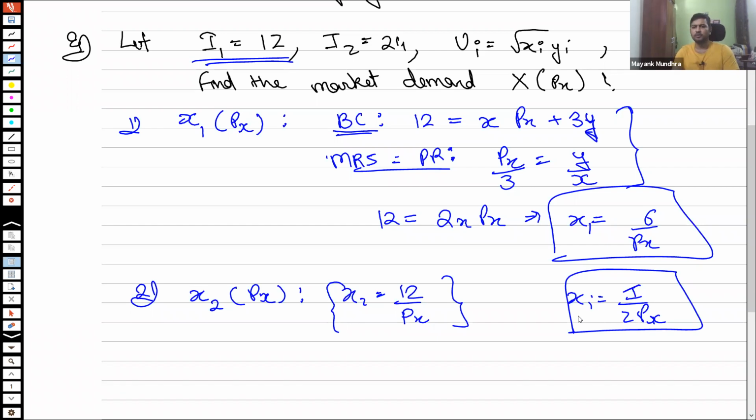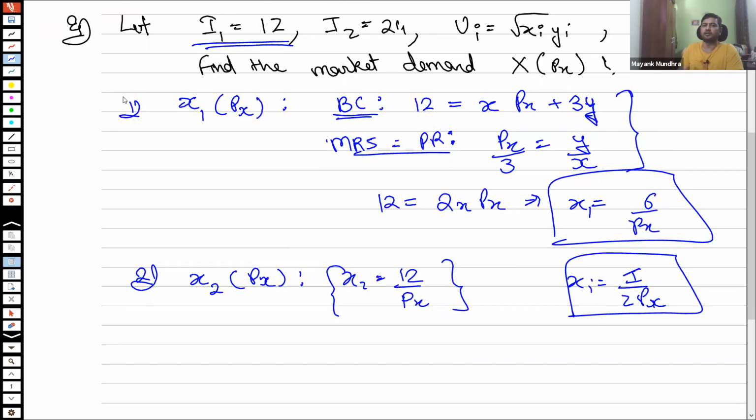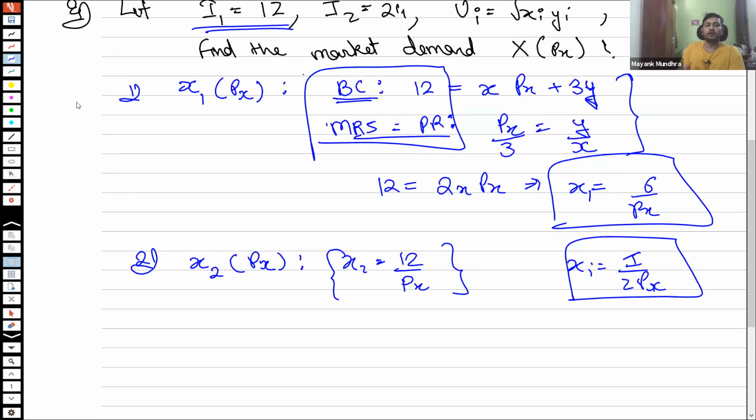In any case, even if you don't remember the formula, you should be able to do these simple things because this is just the budget constraint and MRS equals the price ratio. So now I have x1 and x2. So now the final thing is total